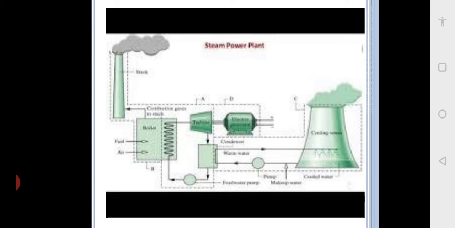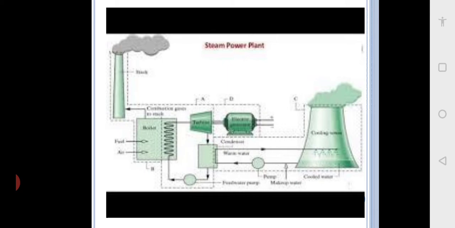In the condenser it gives away the heat, gets converted into liquid, and this liquid at the bottom, you see the round thing, that is a pump which will pump the liquid back into the boiler, and this is the circuit. So the steam power plant basic circuit is 4 components.